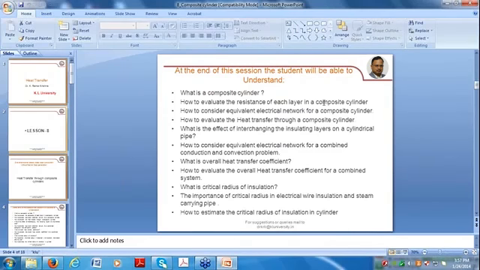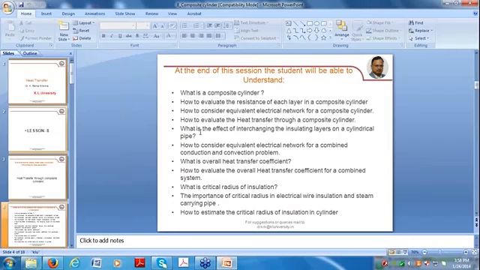At the end of the session, you will be able to understand what is a composite cylinder, and how to evaluate the resistance of each layer offered for conduction heat transfer in a composite cylinder, and how to consider the electrical network to solve the conduction heat transfer problem for a composite cylinder, and how to evaluate the heat transfer through this cylinder,